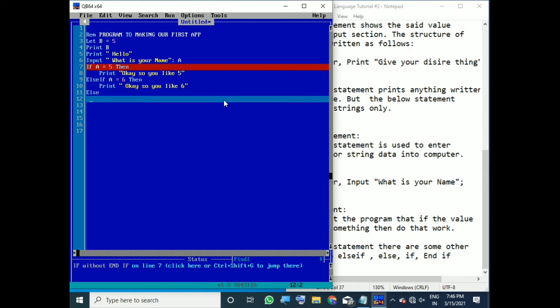And then here, for else we do not have to write a condition, because else means that rather than 5 and 6, if anything else has been inputted, then what will we react. So then print I do not understand any other thing except 5 and 6.